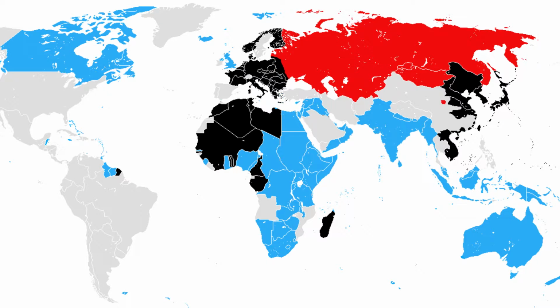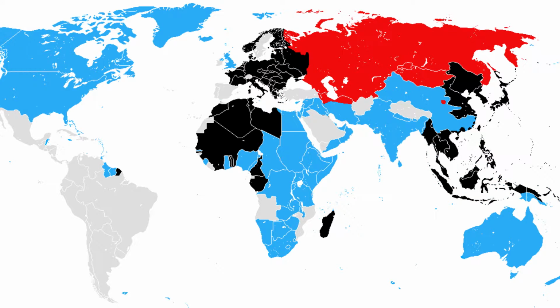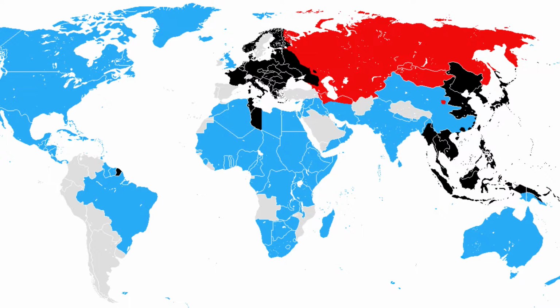Many nations are involved in it. We're going to restrict our coverage to eight of the great powers that are involved. The United States, the United Kingdom, France, China, the Soviet Union, and then of course Nazi Germany, Imperial Japan, and Fascist Italy. So we're going to talk about the leadership groups of these great powers.